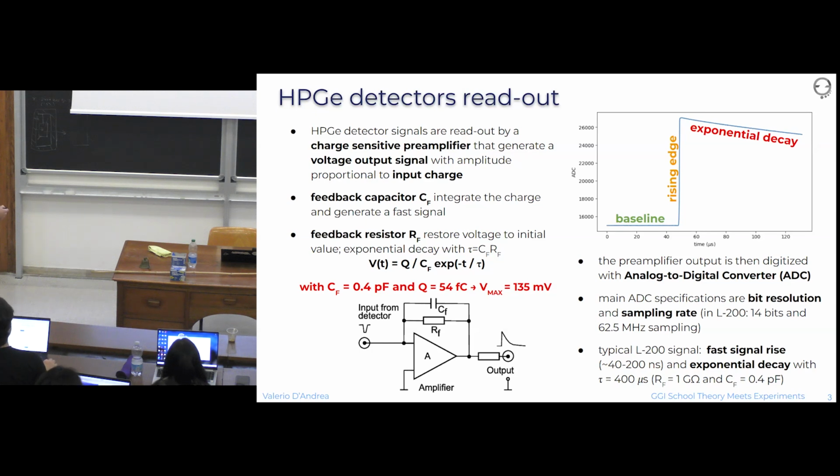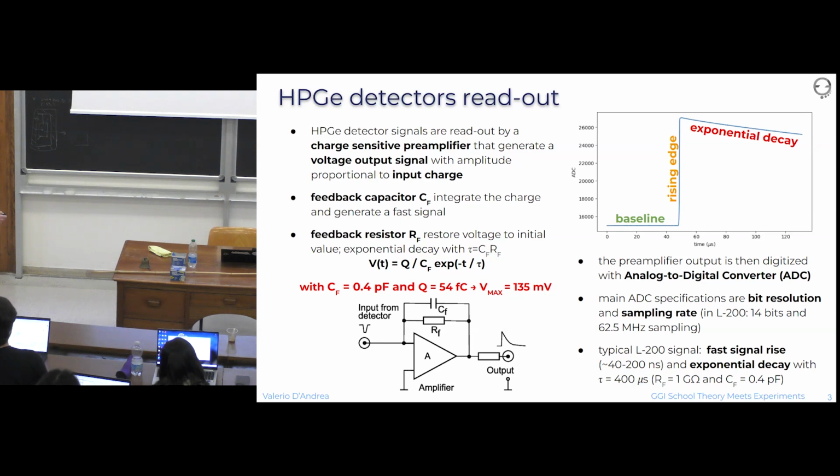Then you integrate by using this feedback capacitor, and the resistor restores the voltage to the initial level. So if you read out the signal at the output of this circuit, you get something like this. You have a flat part before the event, then a sharp increase,